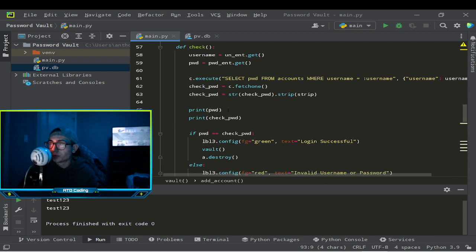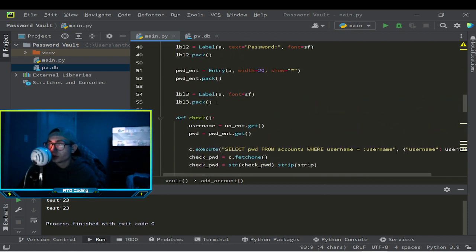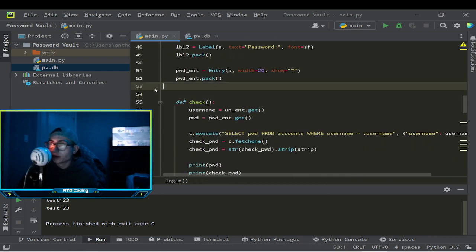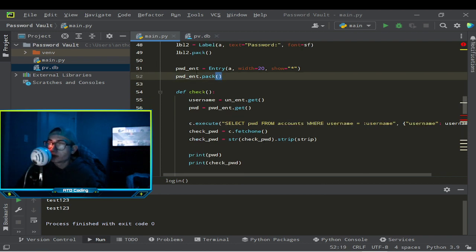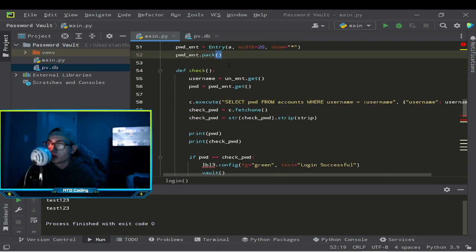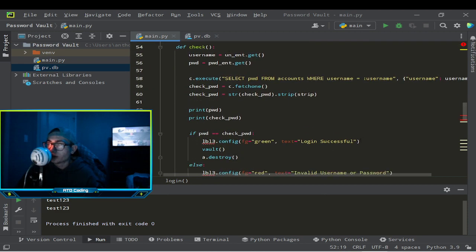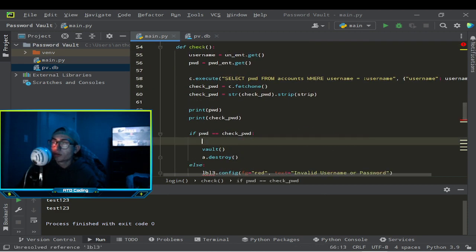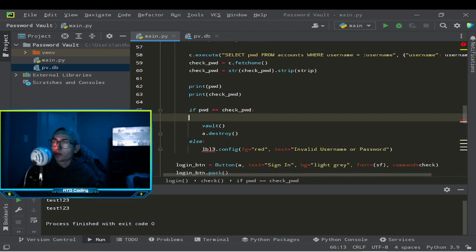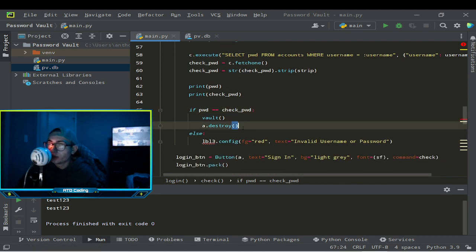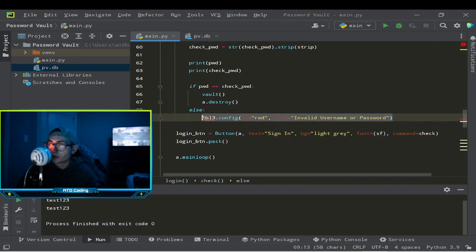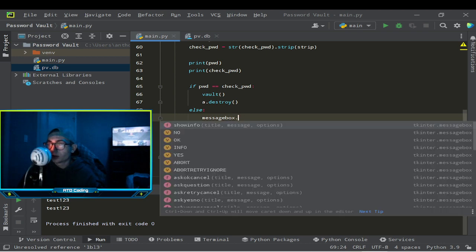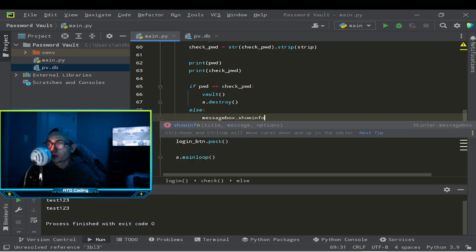Actually, this label 3 shouldn't be a label. I'm just thinking GUI and like just reasonable reasons. Because we can come down here and instead we can say, for this one we just call the vault screen and then we destroy it if they logged in successfully, and